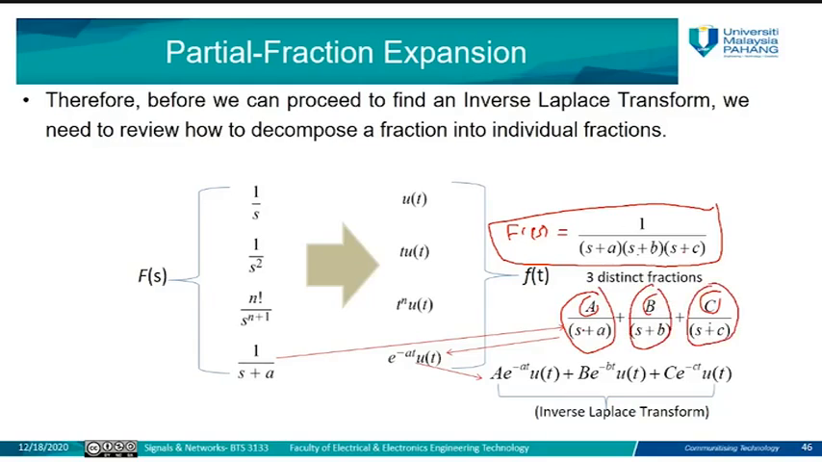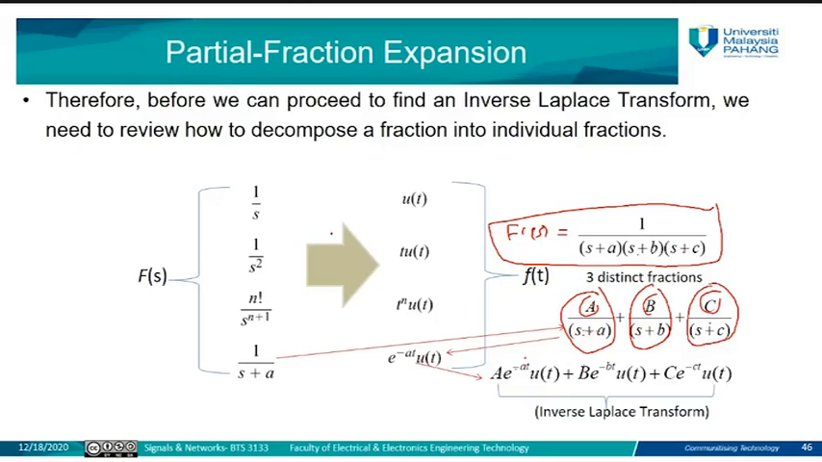So if I have A over s plus a, A is the magnitude, whatever the value is, 10, 100, 1000, it doesn't matter. But the main thing is I have s plus a here. I can convert it into its inverse using the formula, exponential of negative a t, according to the table. I have B over s plus b, the same here. B is the magnitude, exponential of negative b t u(t). C is the same. So this is how, for the first case, it's simple to find